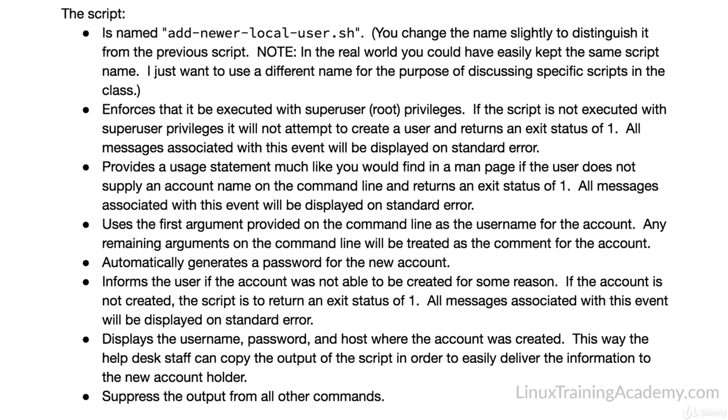And so you start to think about what else you can do to this script with IO redirection, and you come up with that you could actually conform to standard Linux programming conventions by redirecting error messages to standard error and so on. So with that in mind, let's look at just a couple of changes that we're going to make with this script. So we're going to change the name of the script from add new local user to add newer local